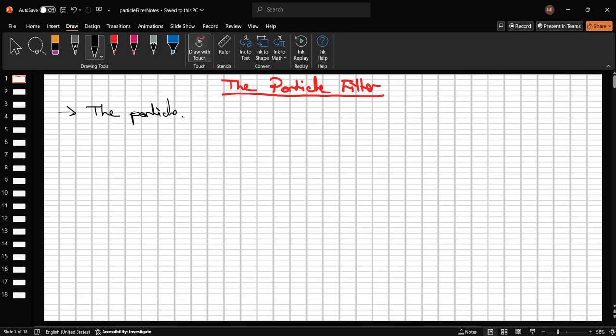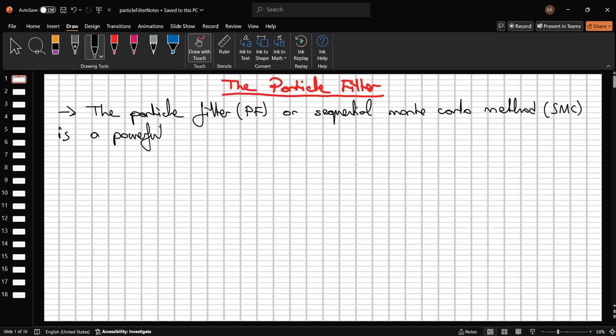The particle filter, simply PF, or it's called the sequential Monte Carlo method, SMC, okay, is a powerful tool to estimate dynamic systems, which especially includes nonlinearity